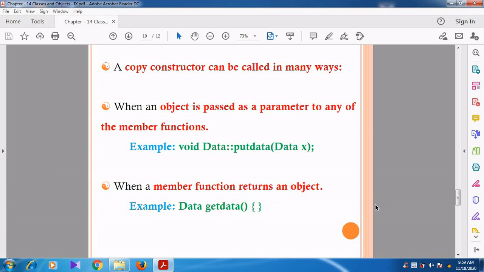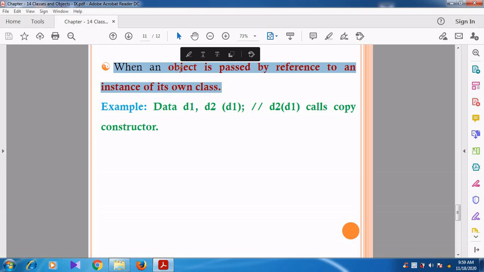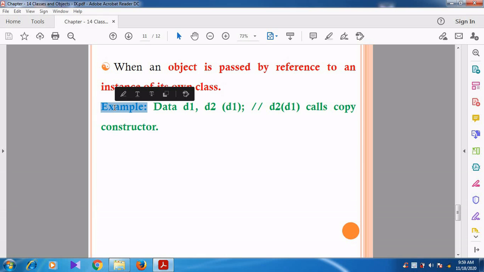Can you understand, students? Then the last way: when an object is passed by reference to an instance of its own class. Then this is called copy constructor. See, in this example, data D1.